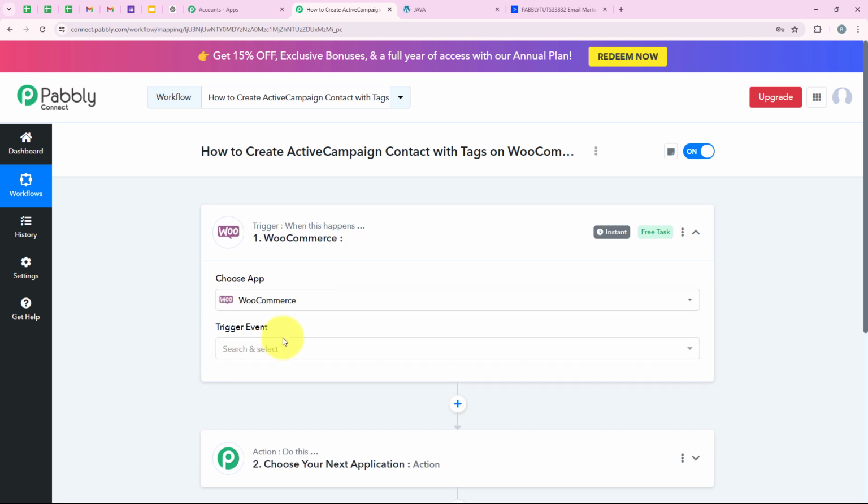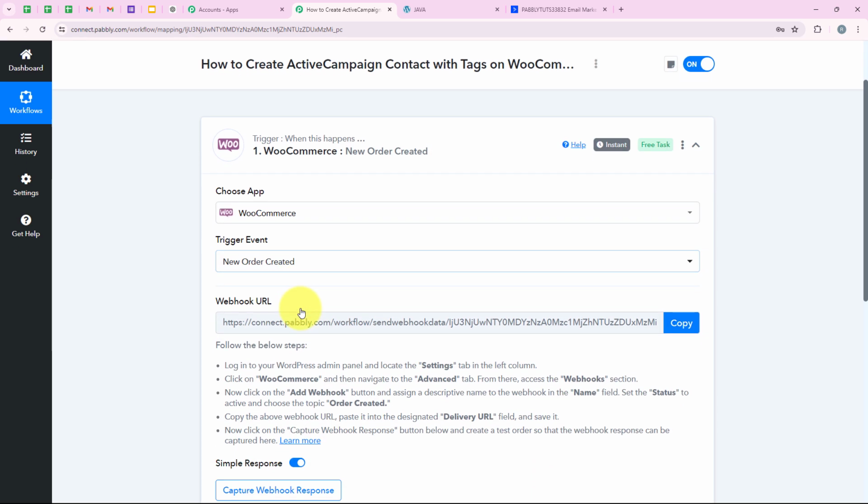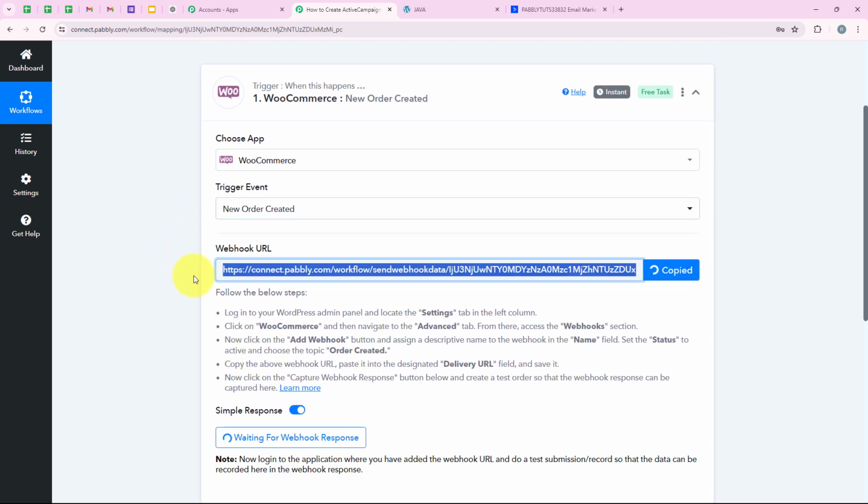And now for the trigger event, we are going to select it as new order created. Now we are going to move on forward. Over here you can see that it is giving me the webhook URL. So we are going to use this same webhook URL in order to create a connection between our WooCommerce account and our Pabbly's workflow. So first I'm going to copy this webhook URL and then we are going to open